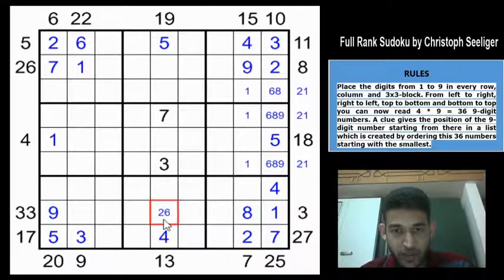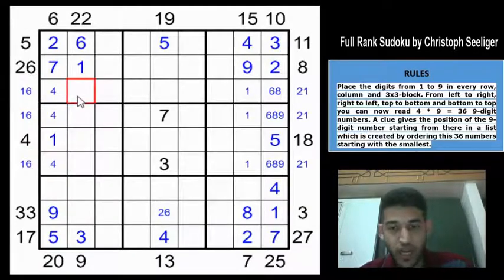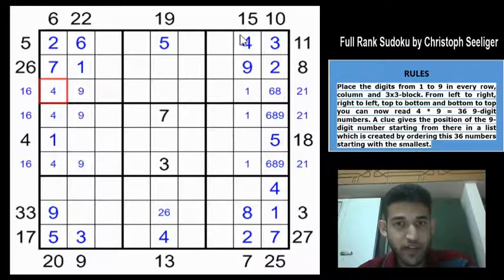So it cannot be this direction because 15 is here. So the 16 clue would have to be in this direction, so either this cell, this cell, this cell or this cell. But 4 cannot be here. So the 16 clue must be in one of these 3 cells, right? And 9 must go into one of these 3 cells. Right? Because to have a value greater than the 15 clue, we need to have a 4, 9, and that can happen only on this side. That is what I have basically done.